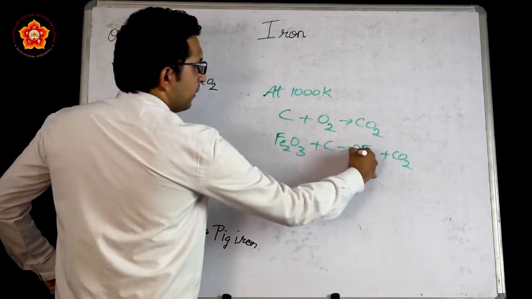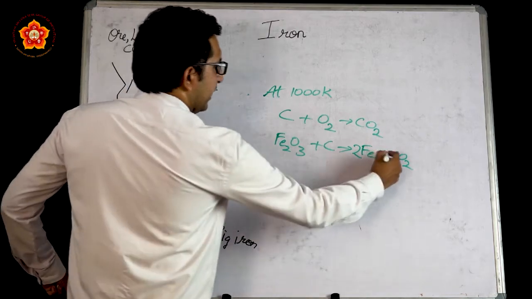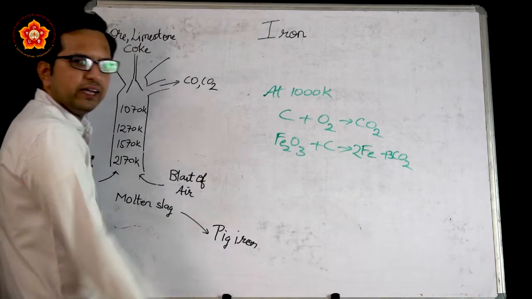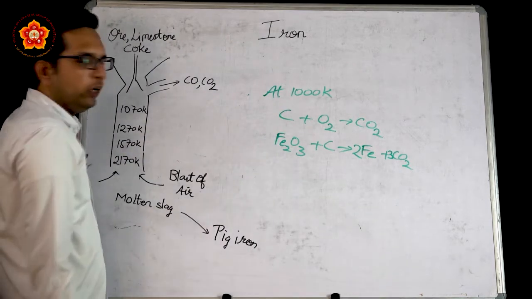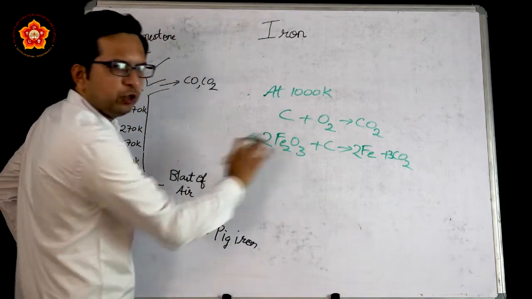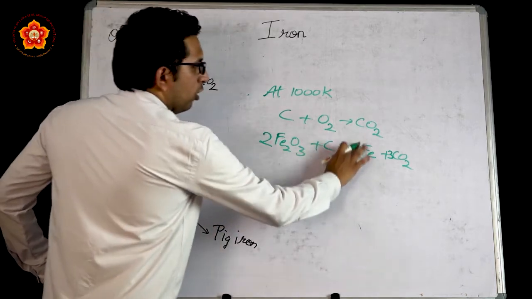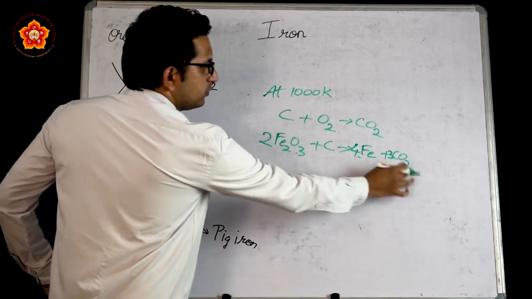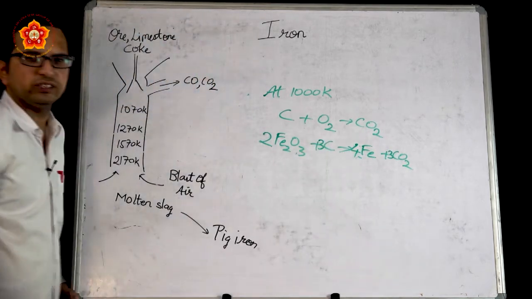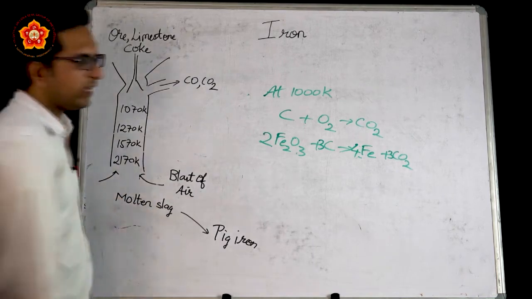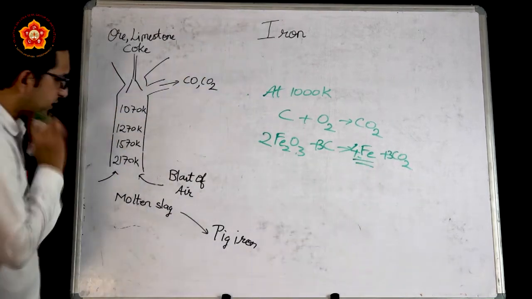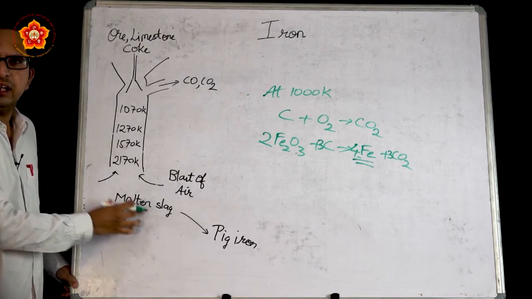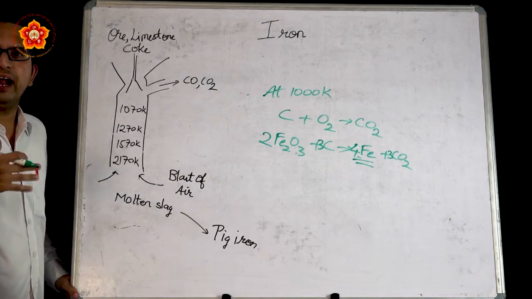So what is the balancing in this? This is 2Fe and to balance we take 3CO2, but then the number of oxygens becomes more. So as balancing it will be 2Fe2O3. To balance the iron, this is 4 iron compounds. The oxygen atoms are balanced and carbon will be balanced in this case. This is how we can get the iron here, and this iron is actually obtained as a molten slag. Molten indicates the intermediate state between the solid and the liquid.